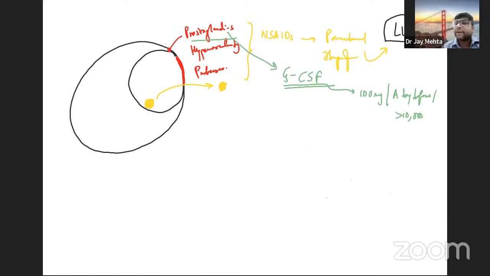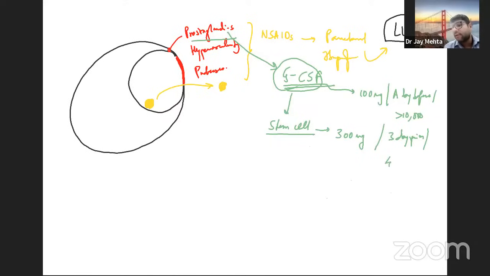Now this is definitely not an Indian criteria. I think we use GCSF very extensively when we are doing our stem cell programs. So please remember what the Indian criteria for this is. First of all, the dosage which is available is 300 microgram. Second, it has to be given at least 3 days prior. And third, for Indian women, keep a cutoff of 4,000. If it is less than 4,000, maybe then GCSF has some role in treating LUF.